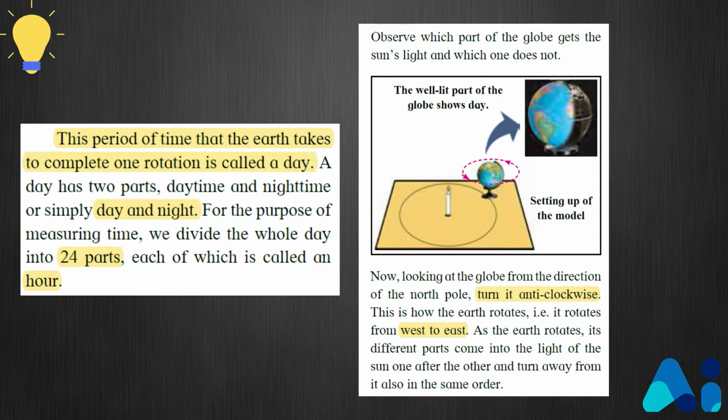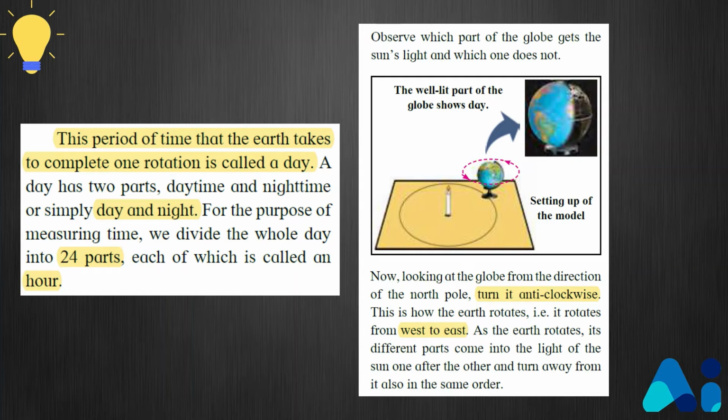Now, if you look at the globe from the direction of the North Pole, okay, you can see that the Earth is actually rotating anti-clockwise. That is, the Earth rotates from west to east, right? Now, as the Earth is rotating, different parts of the Earth, or let's say half of the Earth, is exposed